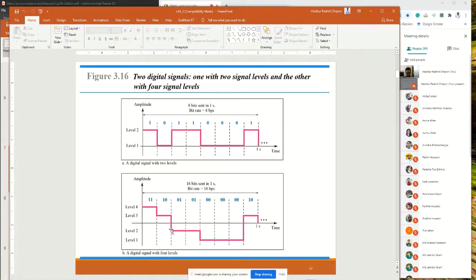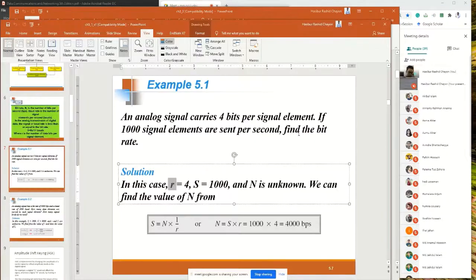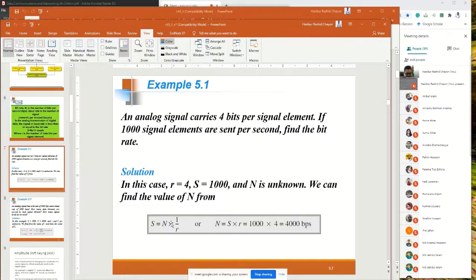Here in this case, we have 2 bits of data for each signal. That means there are 4 combinations possible, right? 0 0, 0 1, 1 0 and 1 1. So we need 4 levels to represent this data. So these are the levels, represented by capital L. So the equation is small r equal to log base 2 capital L. We need it for the next